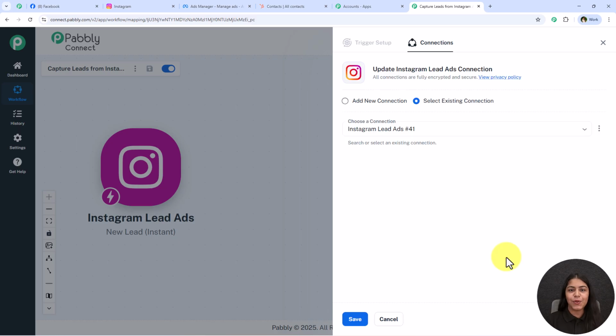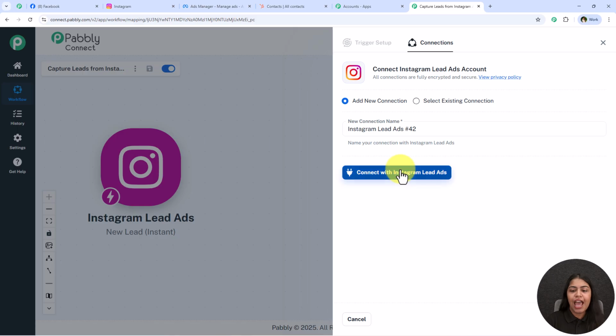Now it is asking me to add a new connection or select an existing connection. So if you've already created a connection between Instagram leads and Pabbly Connect, you can go towards this, select an existing connection and then save. But if you haven't, you have to follow me, click on add a new connection and click on this connect